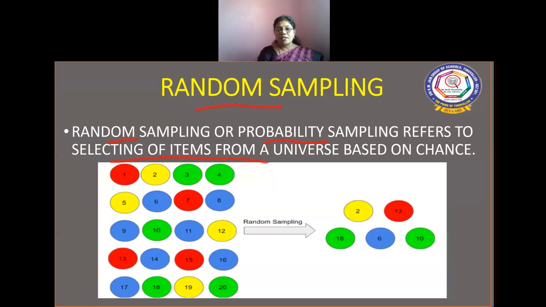So intentionally the investigator is not going to do so, but sometimes it may creep while surveying. So he may have liking for a particular category of students, and even though he has no intention of favoring the selection of one or the other, still unintentionally he shows favoritism in selection of a sample.